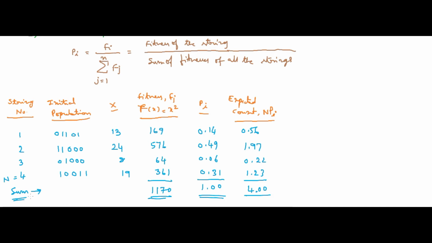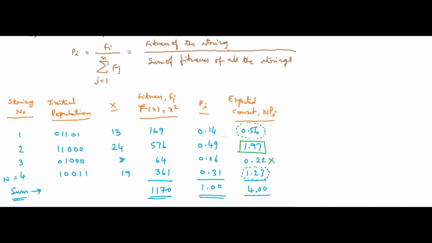Based on this we need to identify the parents. So how to identify the parents? Identification of the parent is also a very easy task here. Simply we should get the highest fitness value, so the expected count should be highest. So this is the highest expected count, so I can say that this is one of the parents. So what about the other parent? If you see, this is 0.22, it has the least value, so we can simply remove this, and we can make this one as one parent and this one as another parent.